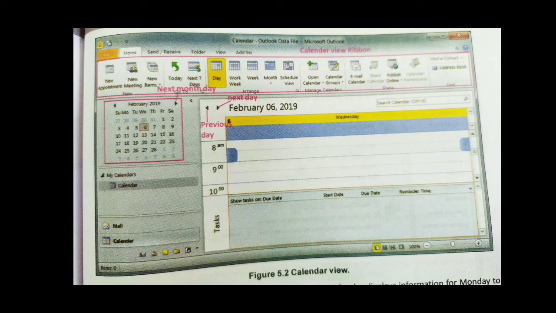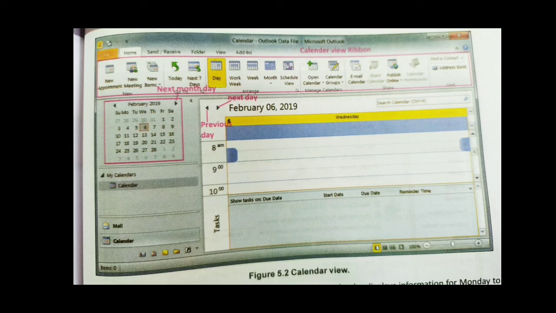To view other dates, click on a date in the mini calendar. You can see at the left hand side there is a mini calendar, which shows you the date. When you click on that particular date, it will open the view of that day. Second, scroll through other months to schedule an appointment or meeting from this view. By using this you can create your calendar in a day view. The same thing applies for week and month. In case of week, it will show the 7 days calendar, and when you click on a particular day, it will show that day, and you can see the timing also.